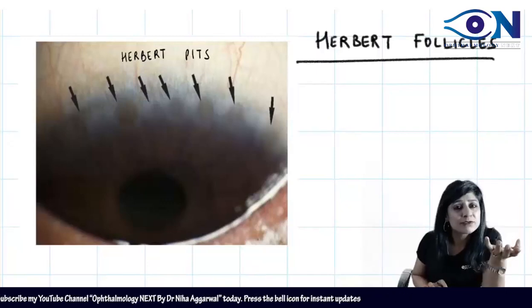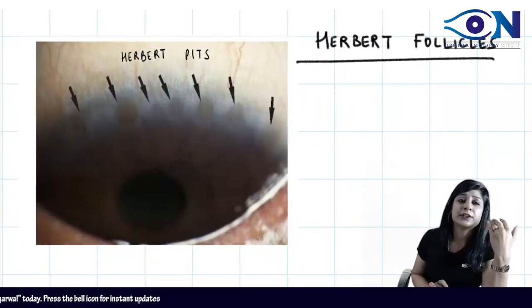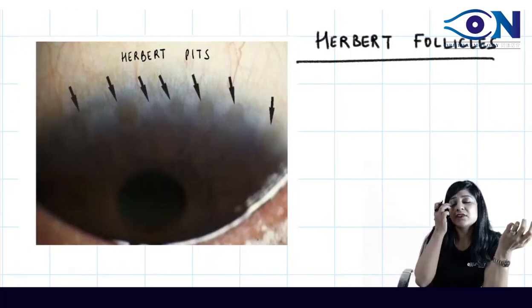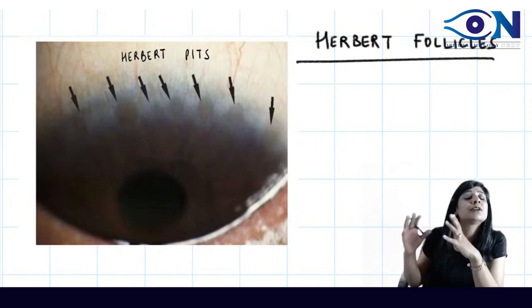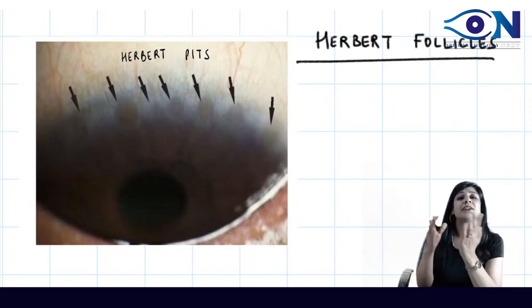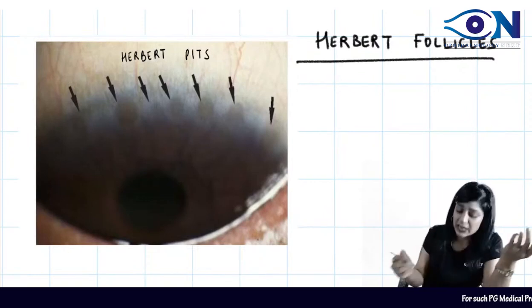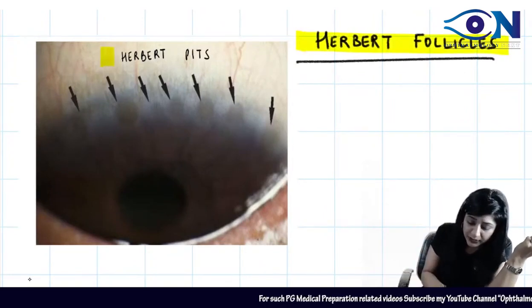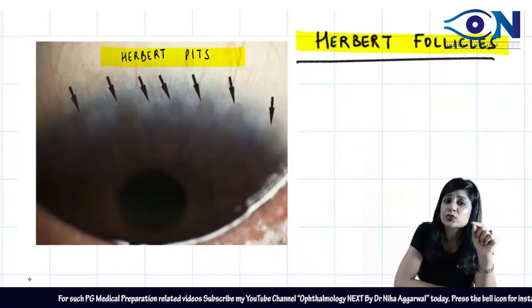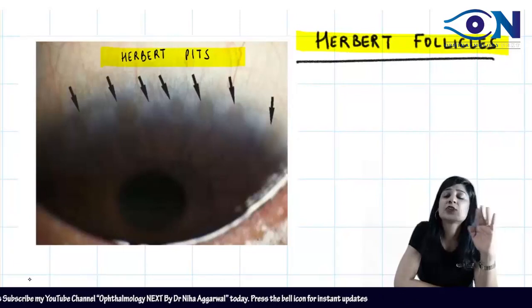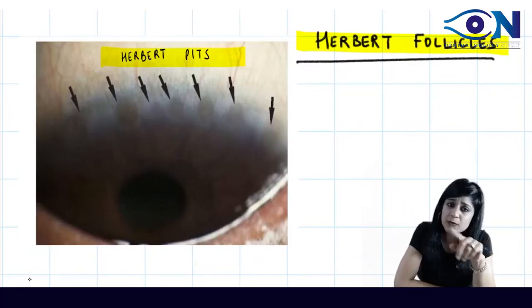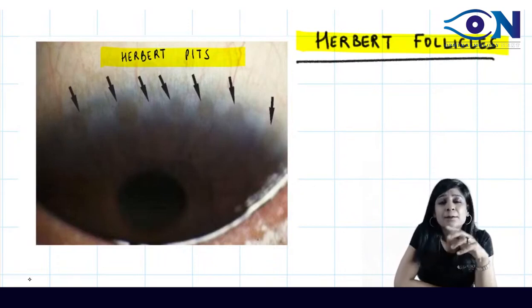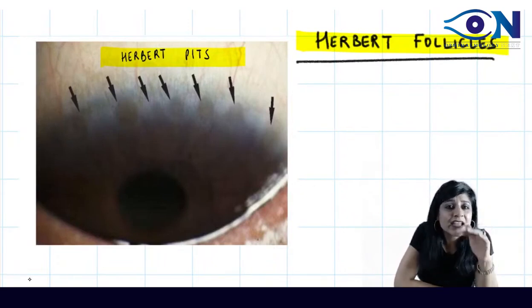They are the same sago grain follicles, on microscopy we have the Leber cells, we have the signs of necrosis. But they are placed at a different position. Instead of the conjunctiva, they are present on the cornea. Therefore they have a different name, and here they are called Herbert follicles and Herbert pits. If you do the microscopy, you will have the same sago grain follicles, the same Leber cells, the same signs of necrosis, and grossly they will look like the same sago grain follicles. Now, why do I have pits then? Pits were not present in the conjunctiva, but here I have pits.